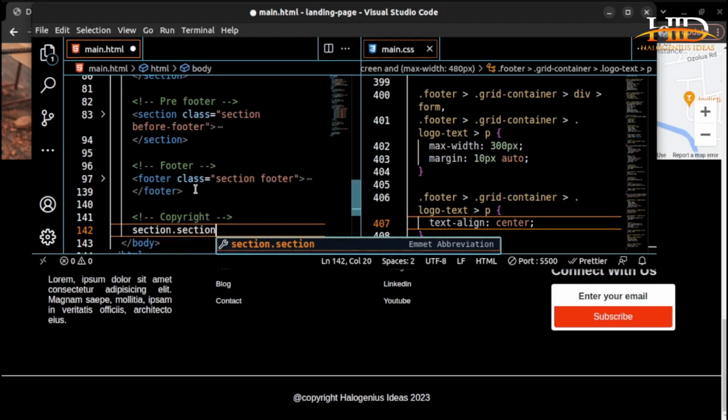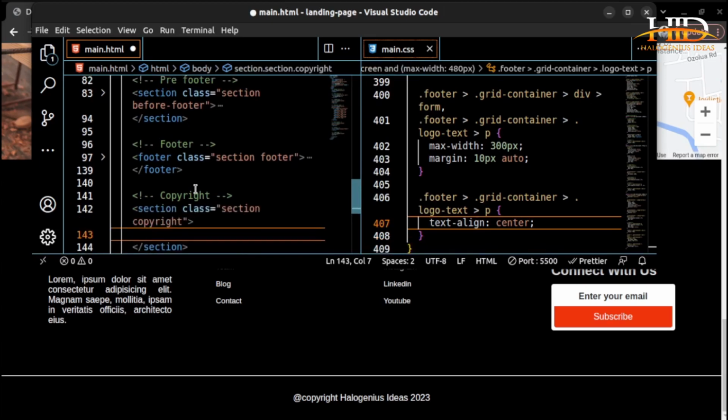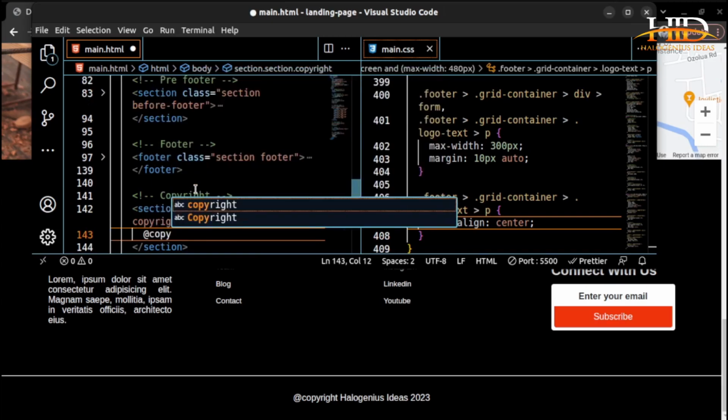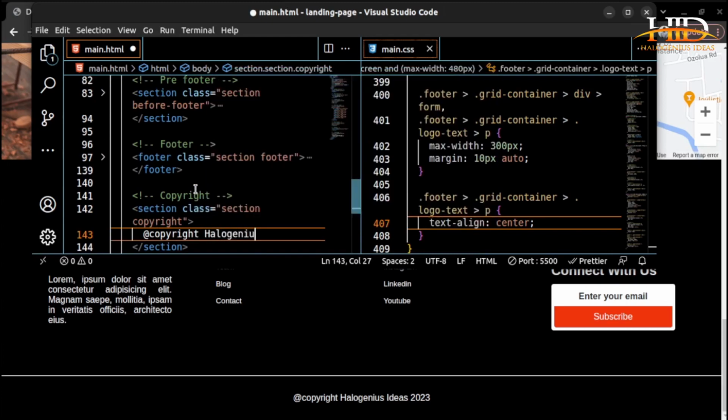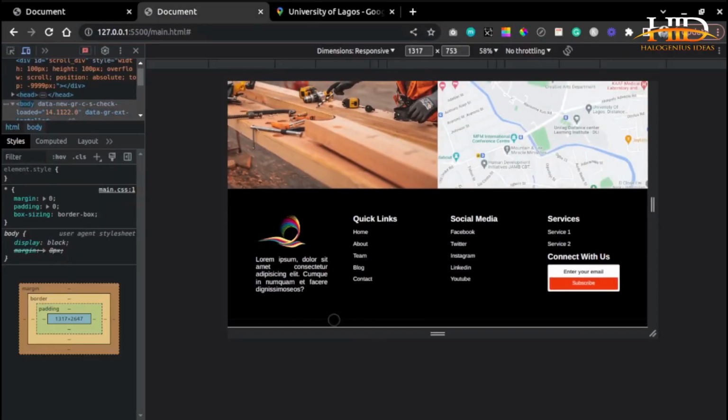Section dot copyright. For this copyright, let me just use the copyright symbol, Genius Ideas 2023. If I save this and I come here, you can see the text is lost because